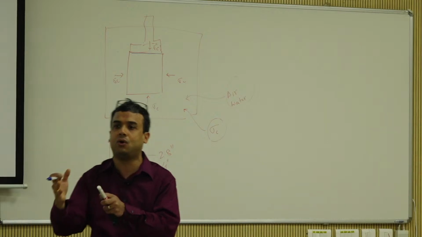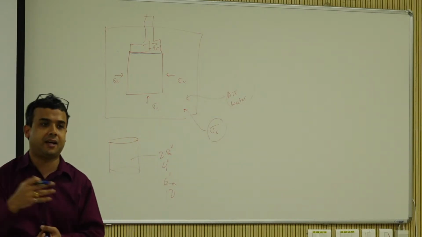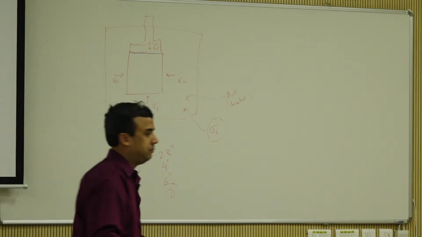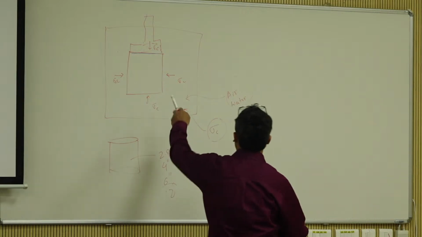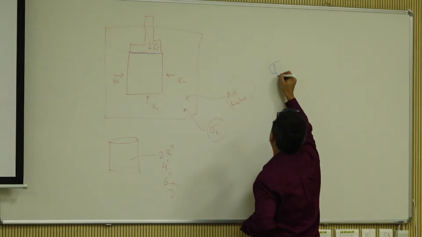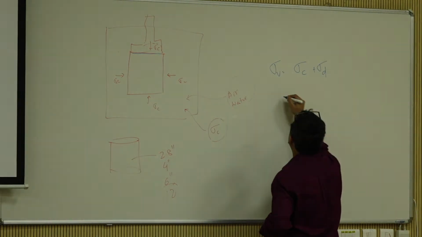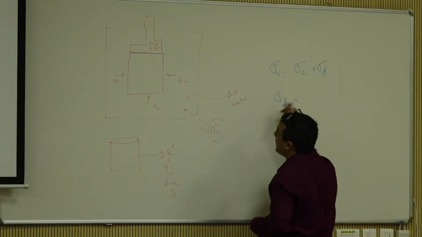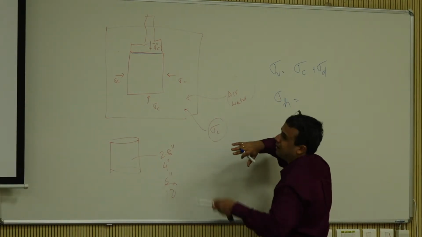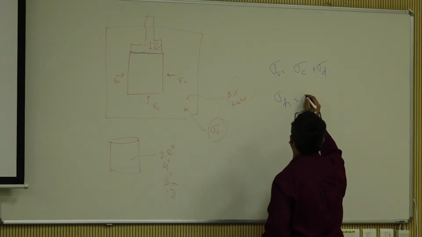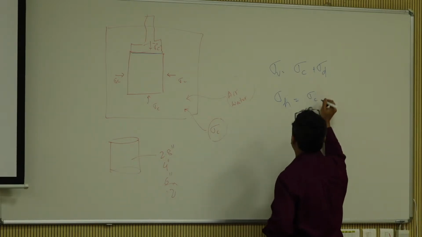When a truck goes, when a train goes, when an aircraft goes, that's where the load is, right? So in the vertical direction, sigma V, you call it sigma C plus sigma D, and sigma H. There is a reason I write it as H. You'll realize when we go into resilient modulus in the next couple of days,